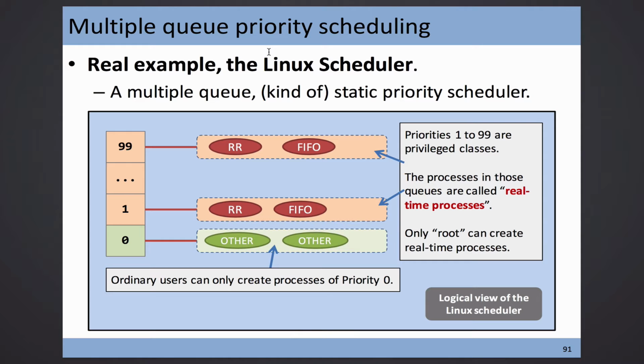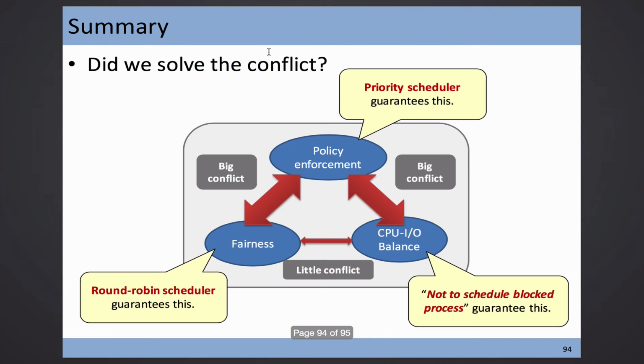The other class is actually the normal processes, implemented as an RR queue. So there's an RR queue, but the name is "others". Others are higher priority guys, shown in red color. There is a mix of FIFO and RR. In Linux, they do the following. I have animations.